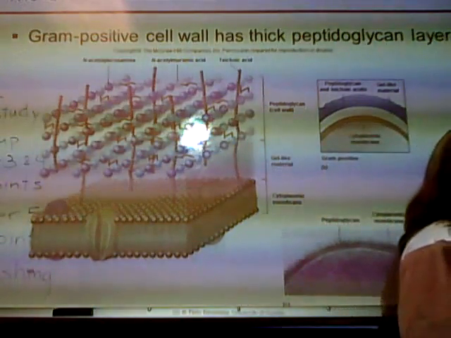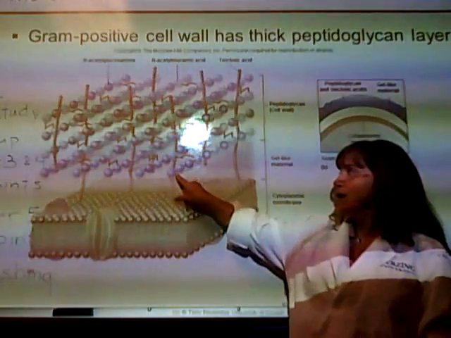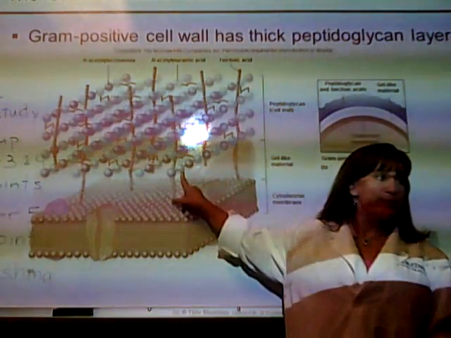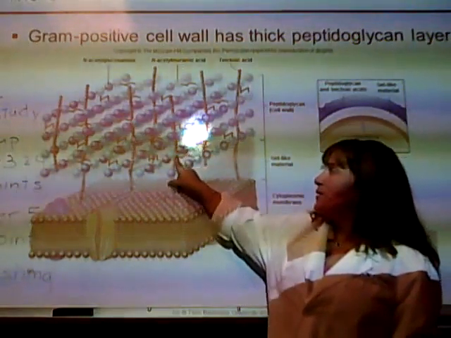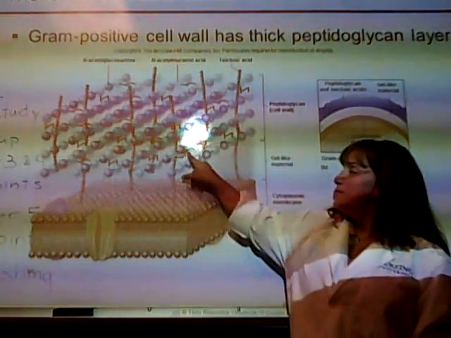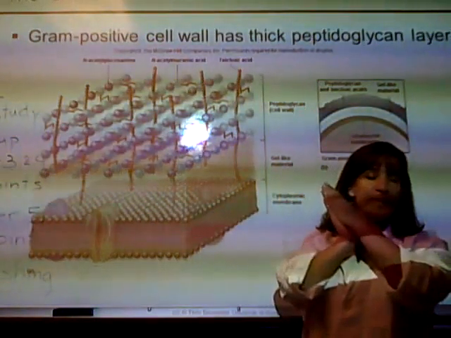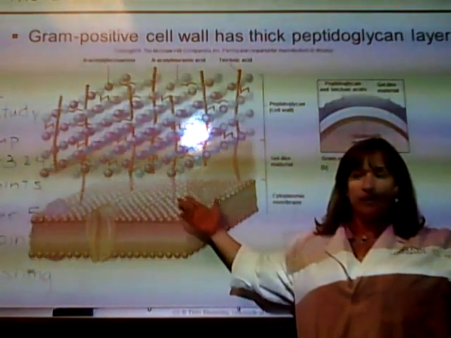Those circles are still amino acids, though? No. These circles are the NAG and NAM. NAG, NAM, NAG, NAM, NAG, NAM. Oh, right, yes, here are the amino acids, right? 4, 4, 5. Linking those together. So if you break that link, you're going to pop the cell open, which is how some of